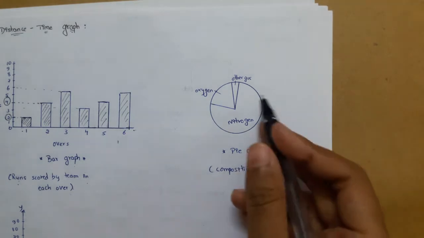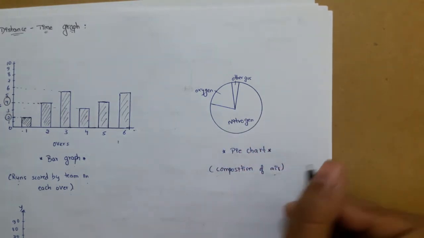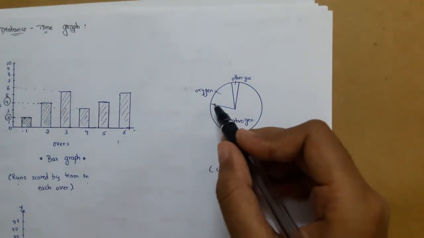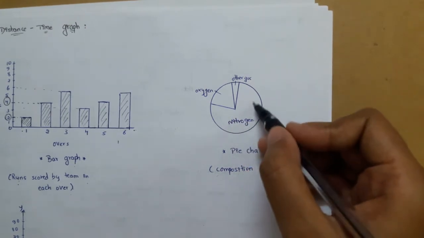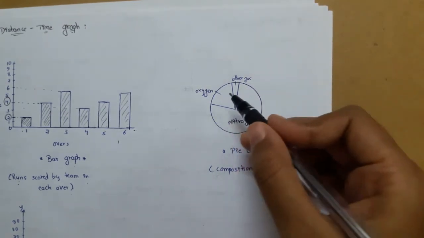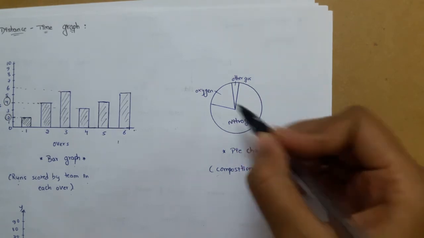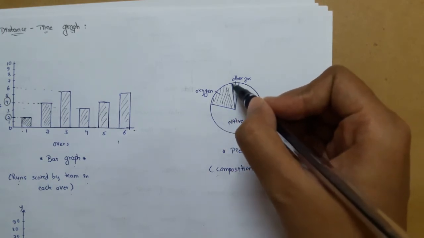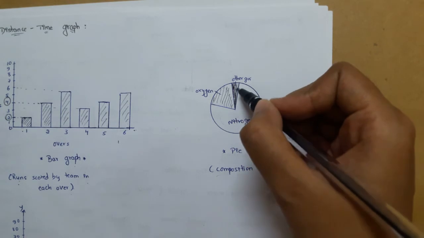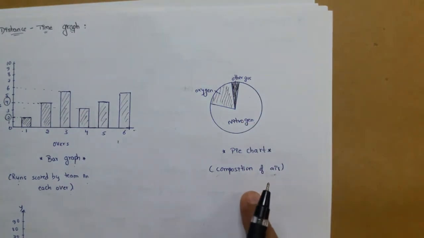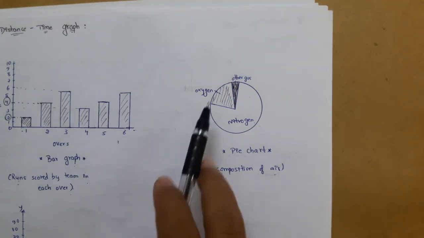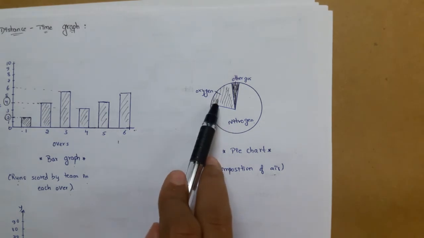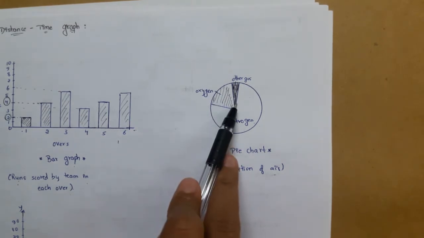You can see here the pie chart representing the composition of air. We all know that air consists of oxygen, nitrogen and a few other gases. So in this pie chart you can easily say what the composition of air is. The nitrogen has the highest percentage, whereas oxygen is next, and the other gas composition is very little in the